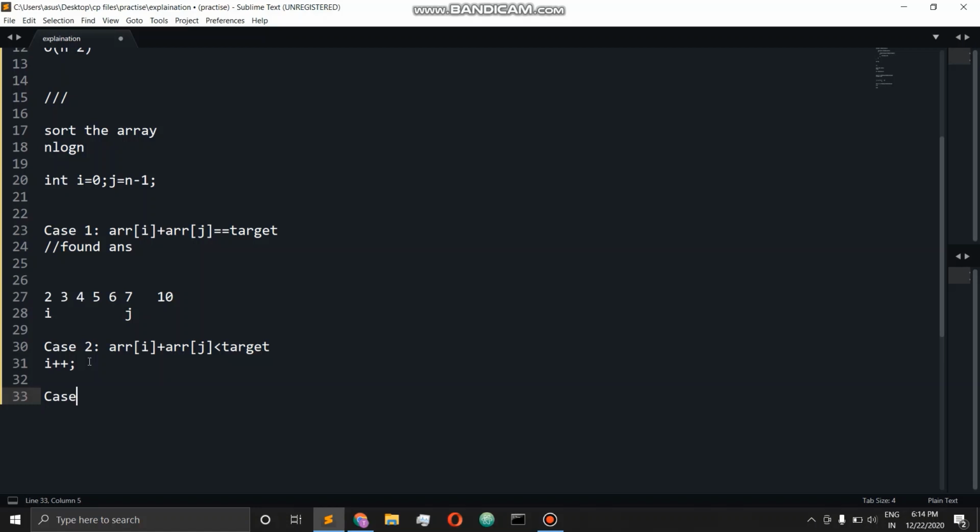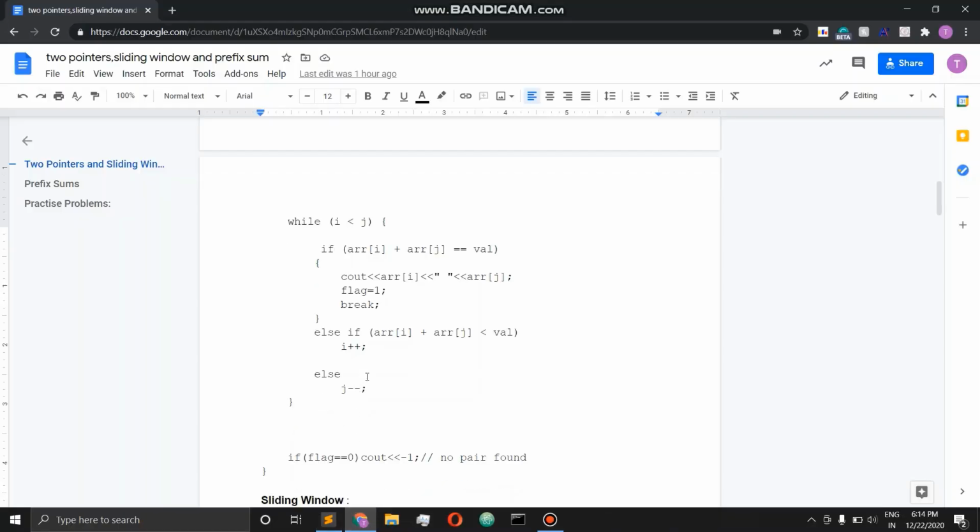So, and the last case is the opposite of case 2, where this is greater than this. So as I explained, in this case we should move j, because by moving j we are moving towards a smaller value, so smaller sum, and we have a greater chance of finding the target. So these are the three cases. Now let's look at the code for this.